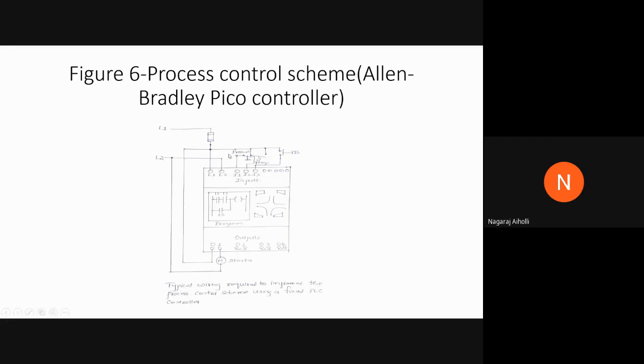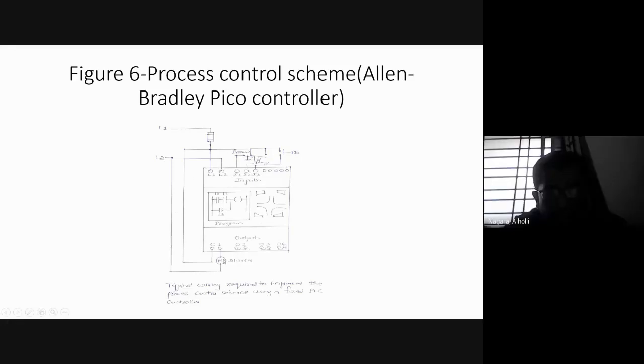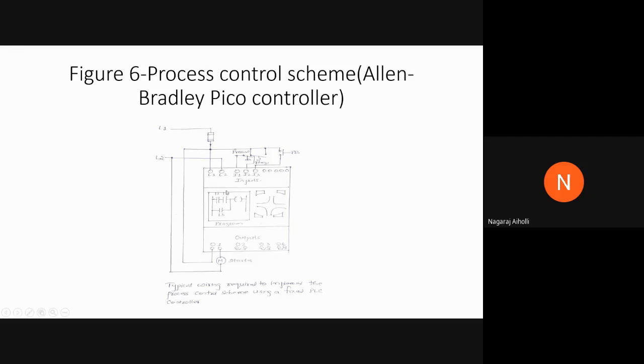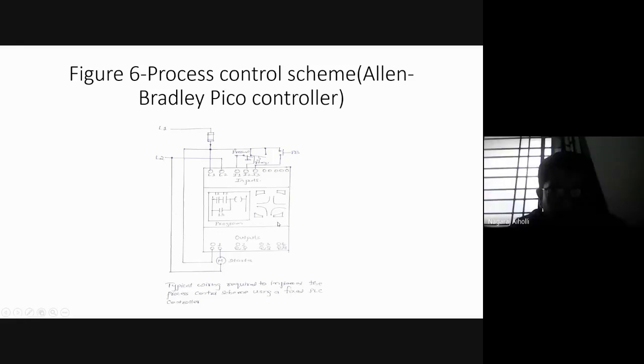We have connected the inputs to the input components. The output, that is the motor here in our example, we have connected to the output terminal, and in between the input and output we are showing the program, that is our ladder rung diagram. This is the motor arrangement, the stator and the rotor. When the magnetic field of the stator and the rotor interact, there is a mechanical action produced, and due to this mechanical action, the rotor is made to rotate.